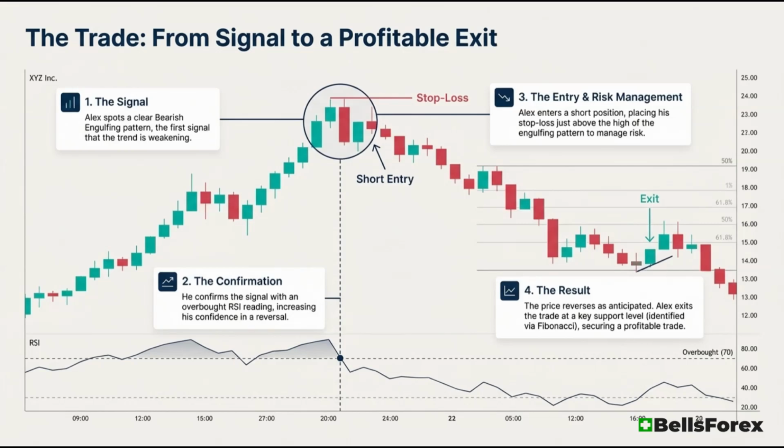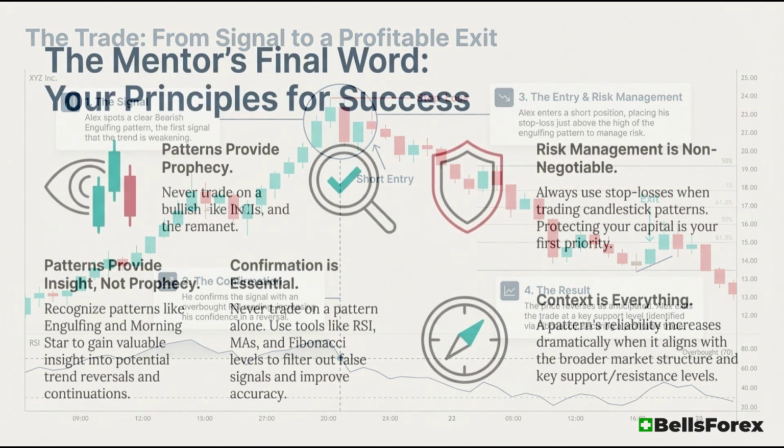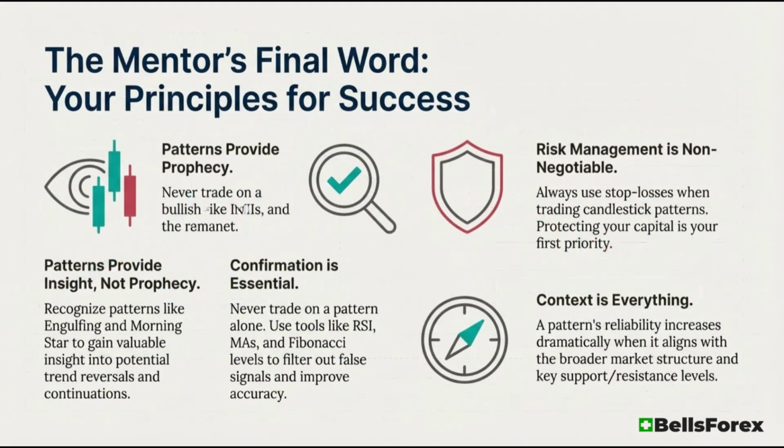So he used a multi-layered approach. A candlestick pattern identified the entry, the RSI confirmed the timing, and a combination of price action and Fibonacci dictated his exit. That's the power of context. This really raises an important question. What stands out to you? We've covered a lot of specific techniques, but I think 4 key takeaways truly matter for anyone looking to apply this. Okay, number 1. Patterns like the engulfing, the morning star, and the 3 black crows provide valuable early insights